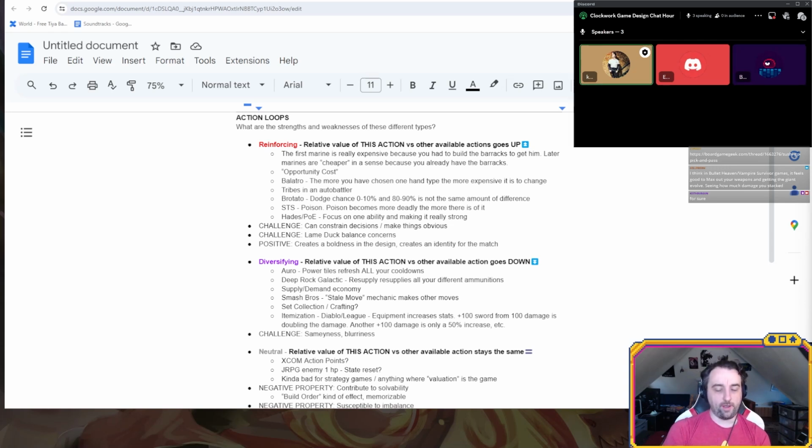Yeah, so I don't know if this is, like I said, part of the function of action loops and understanding these is how much memory there is, and how much state memory there is. And that has to do with the relative length of the whole match, right? If the whole thing is a 30-hour campaign like Fire Emblem, that's a really different animal than a 30-minute or 20-minute or 10-minute traditional roguelike session. Sure. We have to keep those in mind with respect to these as well, I think.